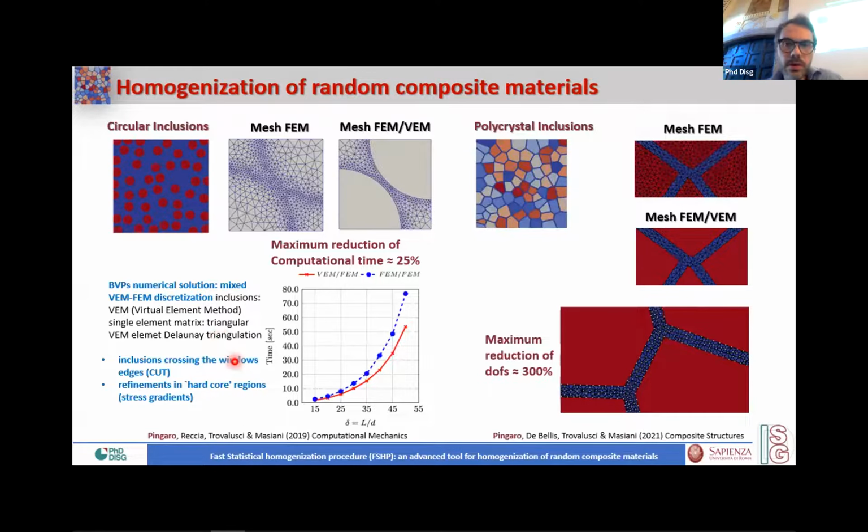And in particular, for all types of model implemented in FSP, we adopt a singular element, circular or polyhedral, for the inclusion, and triangular elements for the matrix part or for the interfaces. In the case of circular particle, the mesh is fine near the inclusions and coarse elsewhere for reducing the time consumption. And the time consumption in the case of particle inclusions is reported here